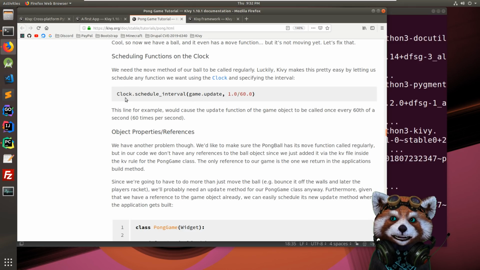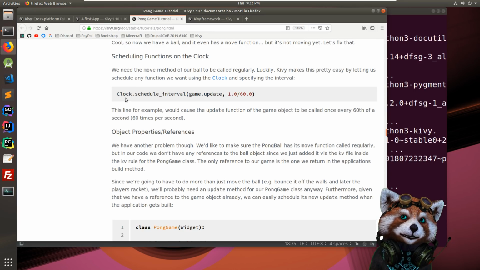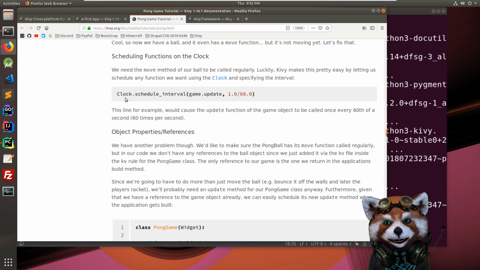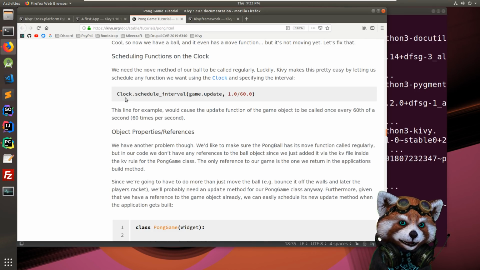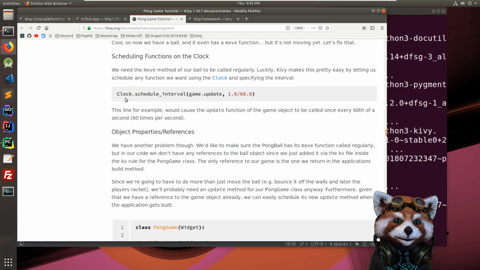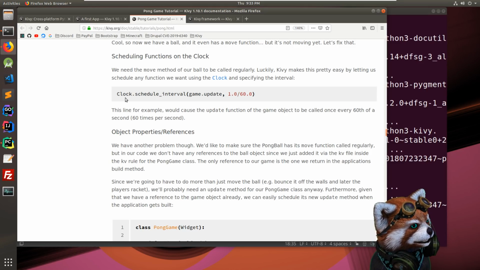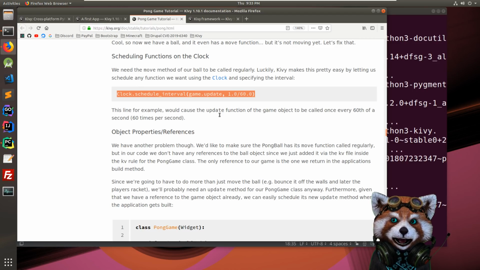Because you don't want it to happen every frame. I learned this a long time ago when I used to make games in QBasic. Games I wrote in QBasic would be really slow back then, so you could just have it update every frame and it kind of came out smooth. But as computers got faster, when it updated every frame, the game would run incredibly fast. So it's much better to do it based off time, and it looks like they provide a nice way to